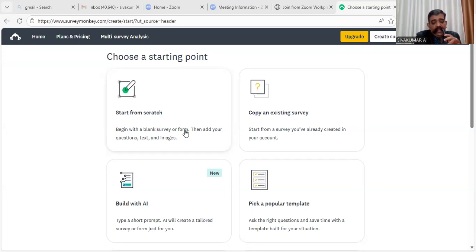For online data collection, what are the different sources available? First source, email. As we know, email is the traditional online tool. You can use that online tool for data collection. How can you use email or Gmail for data collection? Please prepare a questionnaire and send that questionnaire to the participants. Then the participants will open the email and they will open the Google Form and they will fill it.